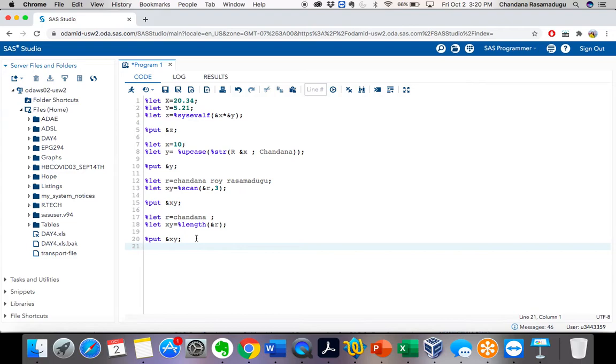Okay, the next one is the sysfunc function. There are some functions which we cannot use directly in the macro program. For example, I want to count the words by using the count function.